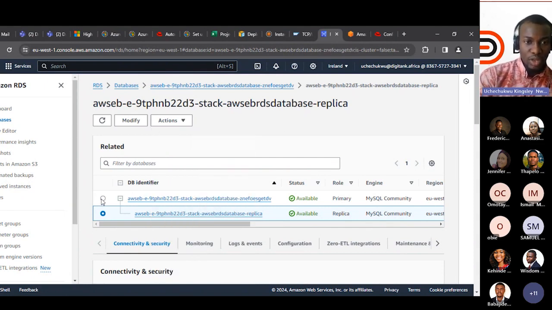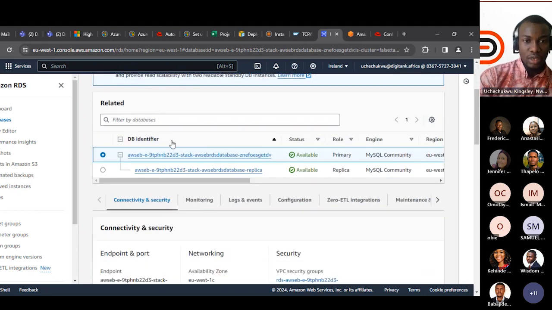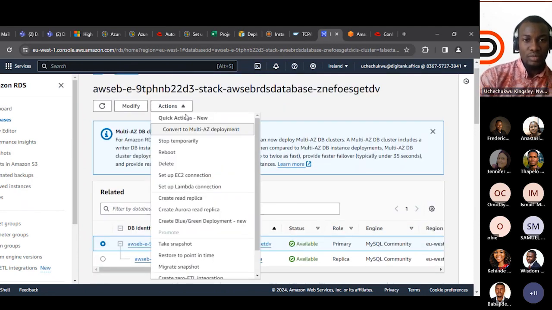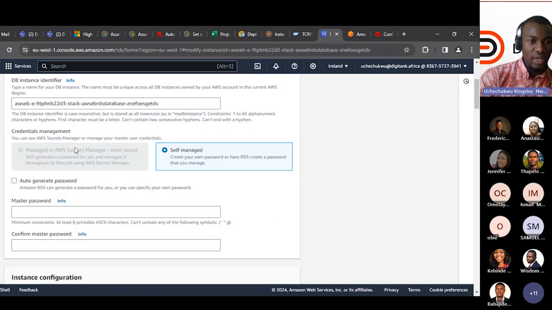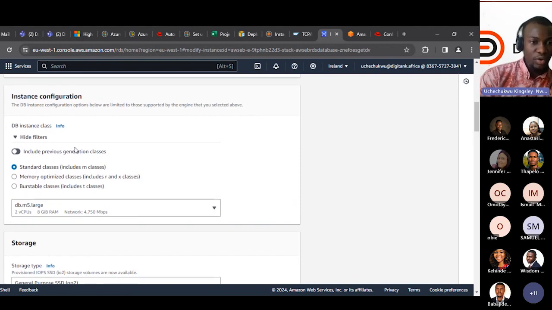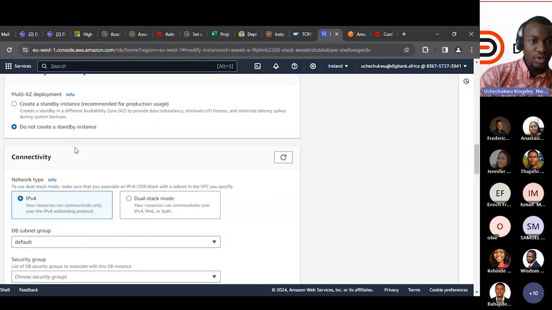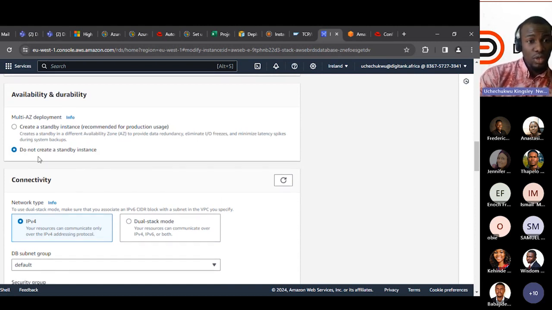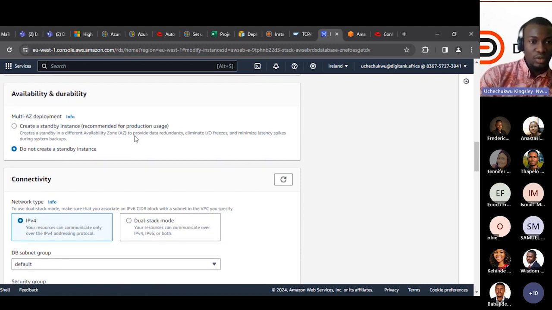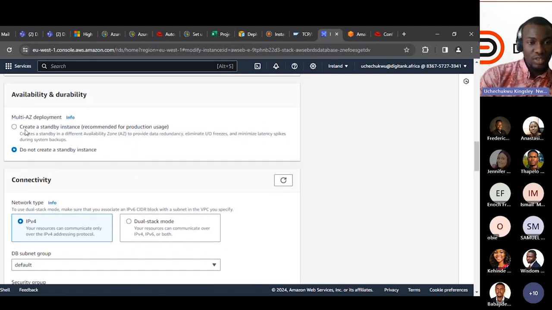Okay, so one other option on the primary database: if there was no backup enabled initially, you can always come back and enable your backups. So here you can modify the database. Do not create a standby instance. What I wanted to show you is you can create a standby instance, which is a multi-availability zone, with this option. Once this is changed,